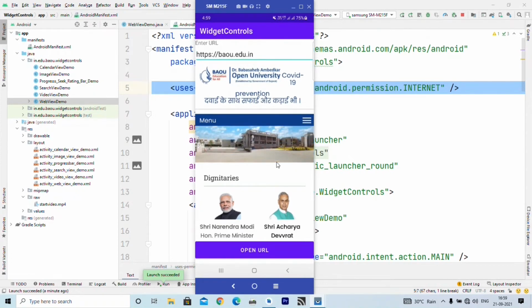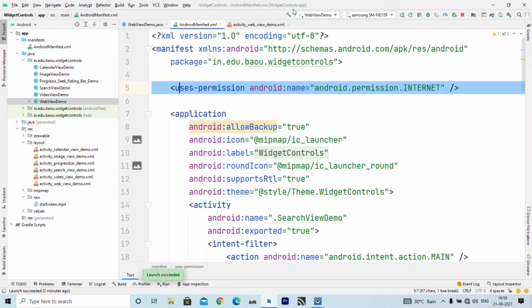So I hope you understand how to use WebView to load any URL. If you want to use a full-fledged browser, then you must use any browser installed on your device using an implicit intent.